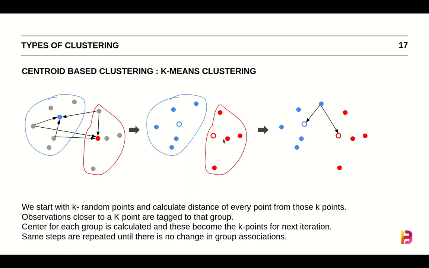If you do it multiple times, sometimes when you're redoing the iteration, some points might jump over to the other cluster. So this entire cycle keeps repeating until there are no further movements between clusters. Until no observation changes its class for a sufficient number of iterations, it continues, and then it stops. So this is the essence of k-means clustering.